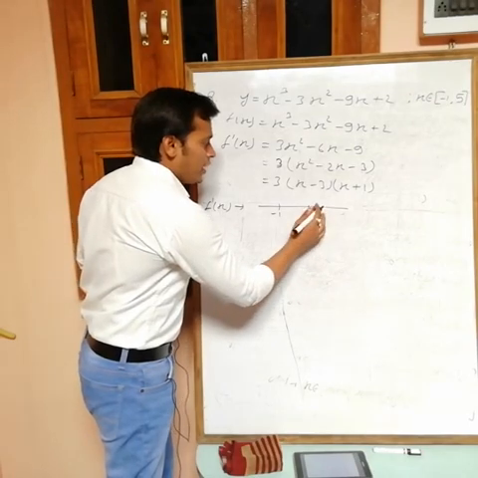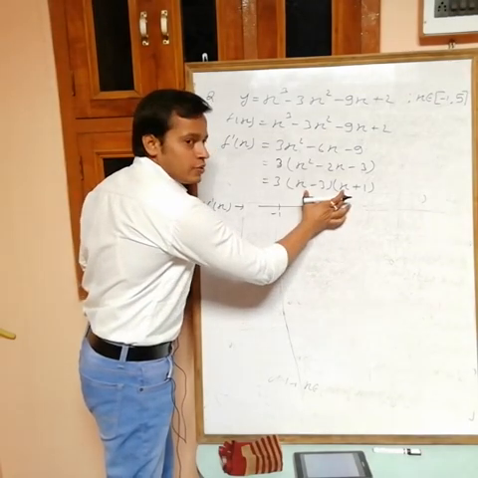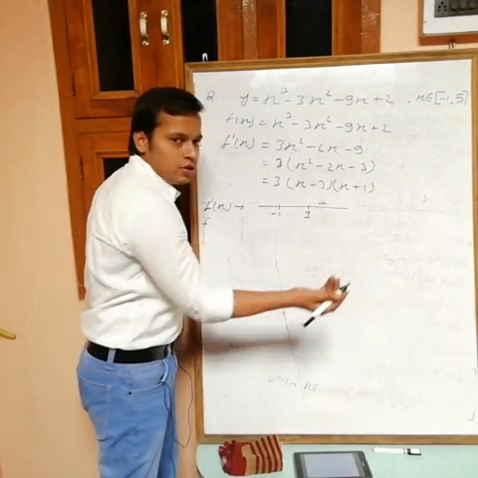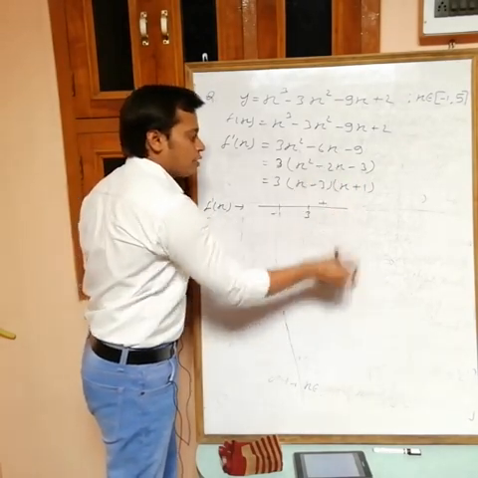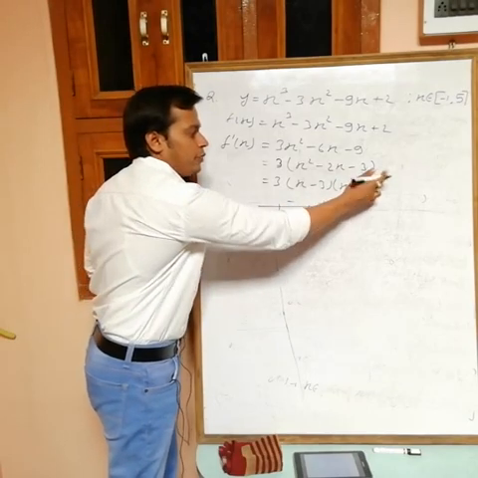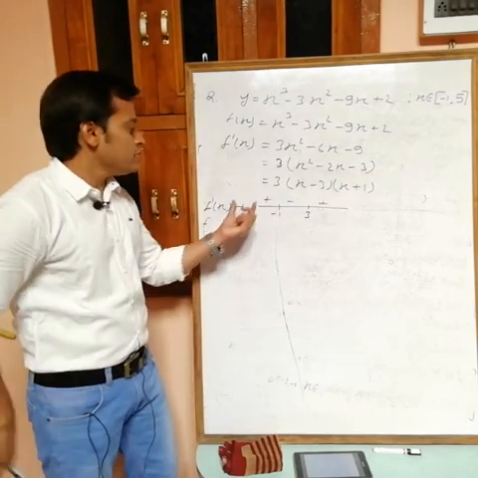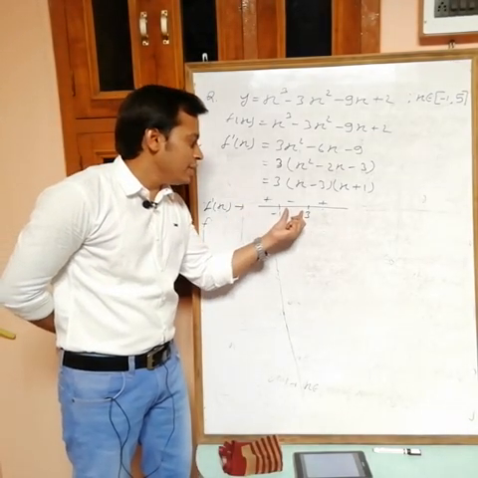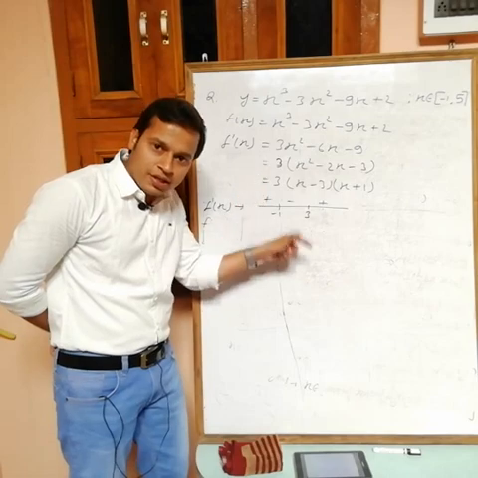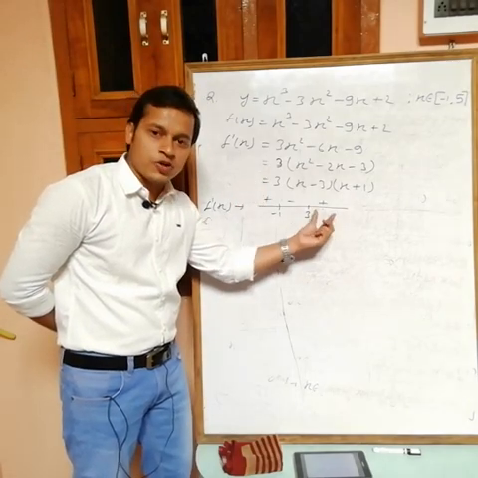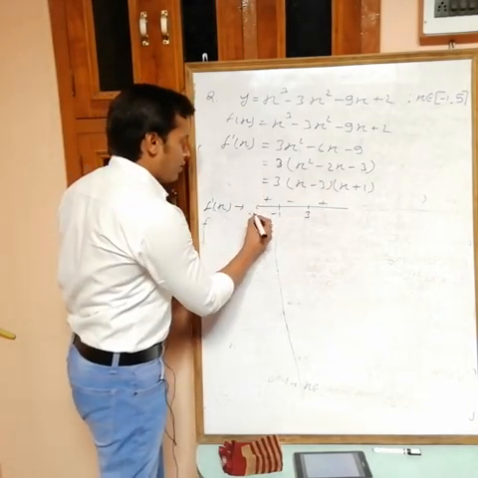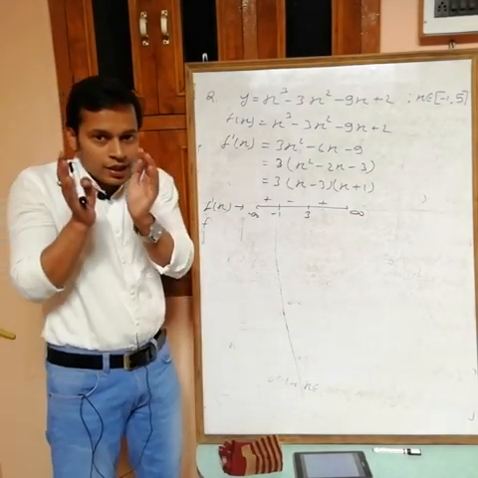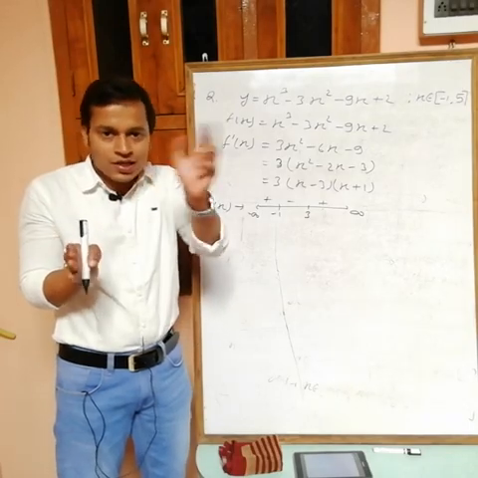So again, if you put any value of x greater than 3 in this one, then total positive, positive, so at right the sign scheme, this one is positive. At 3, because of this one power is odd, change the sign. At minus 1, because of this one power is odd, change the sign. It means in this interval f dash x is positive, it means increasing. In this interval f dash x is negative, it means decreasing. In this interval f dash x is positive, it means increasing. Here we have minus infinity and plus infinity. So after this I am getting the regions where fx is increasing and decreasing.